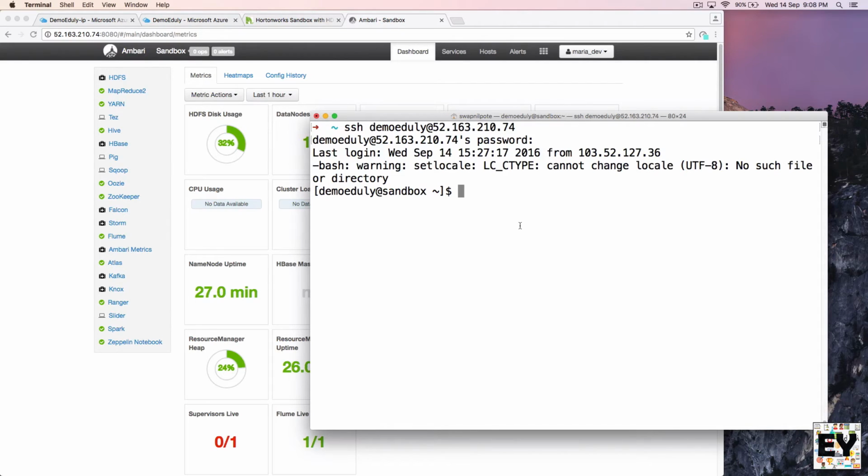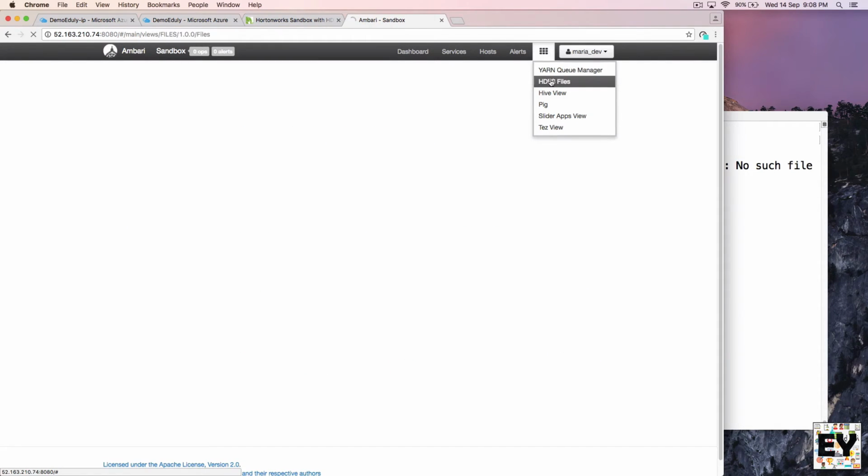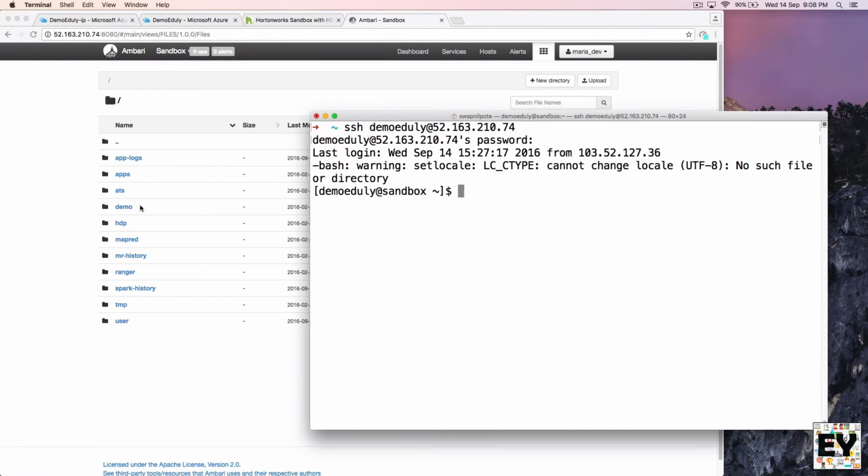First of all, I'm giving you a basic command for HDFS to see the list of our files. Let me get into the HDFS files by clicking on this tab, and as you can see, all these files are listed here. Can we access all these files from this terminal? Yes, we can.